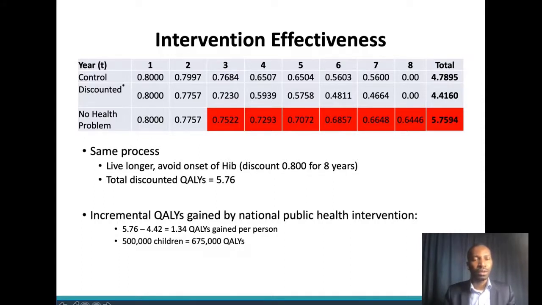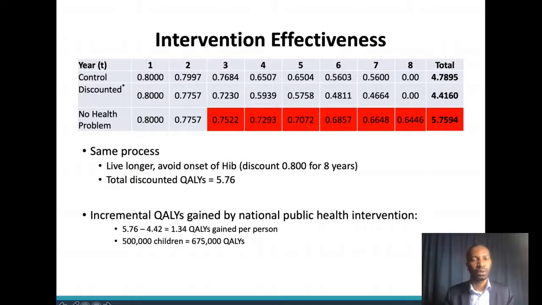So it's the same process. We live longer, we avoid onset of HIB, so we discount to 0.8 for 8 years, and the discounted QALYs are 5.76. The incremental QALYs gained by the National Public Health Intervention would then be the 5.76 minus the 4.42, which is 1.34